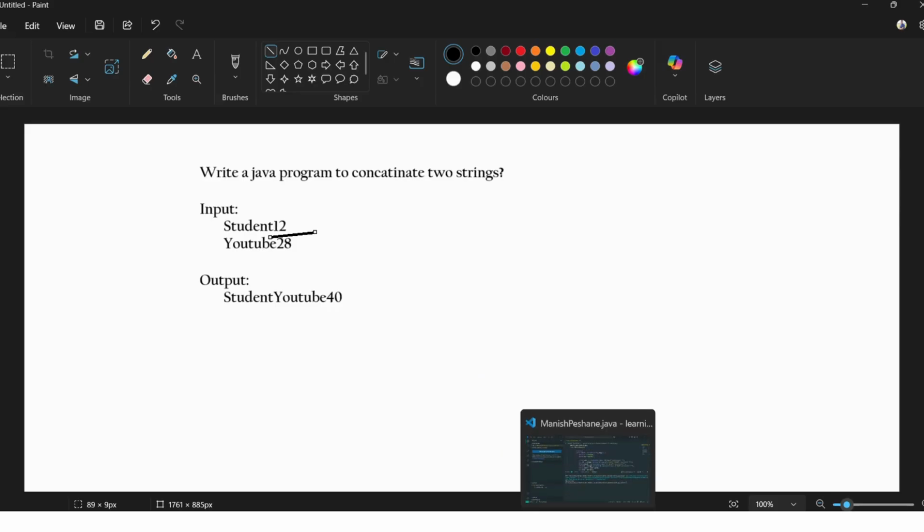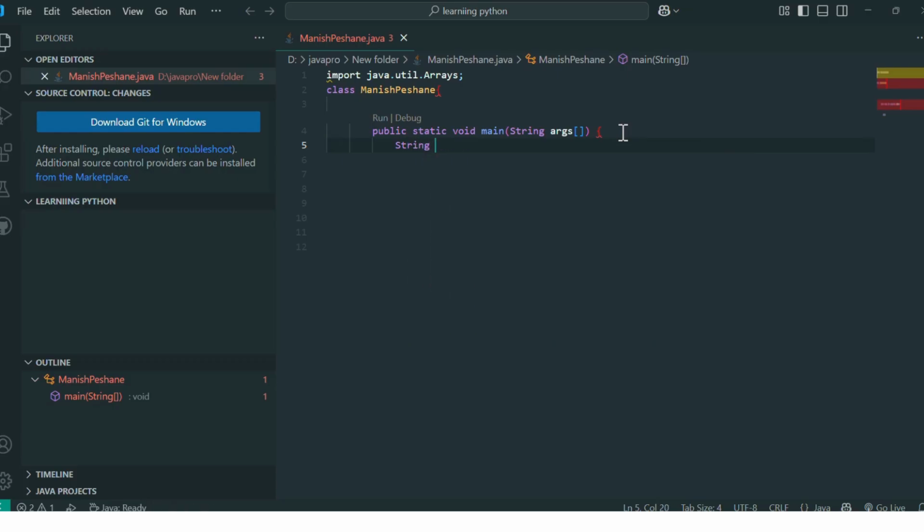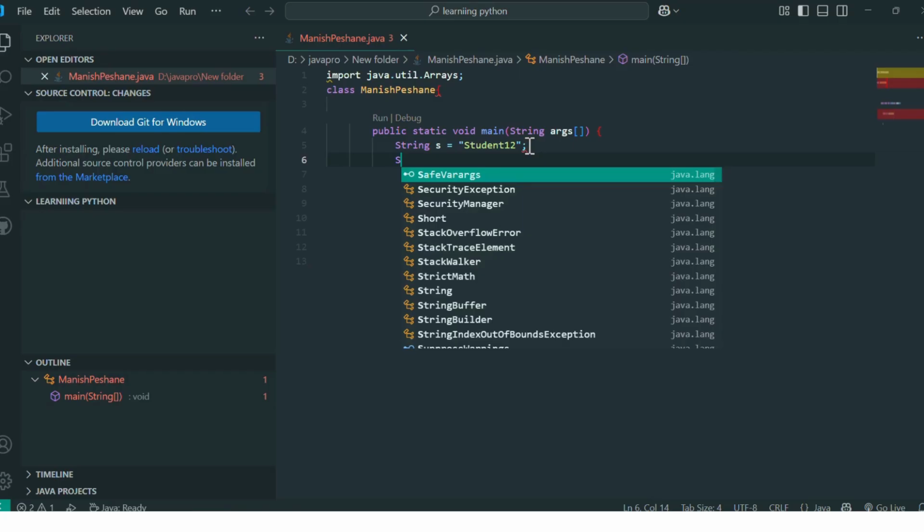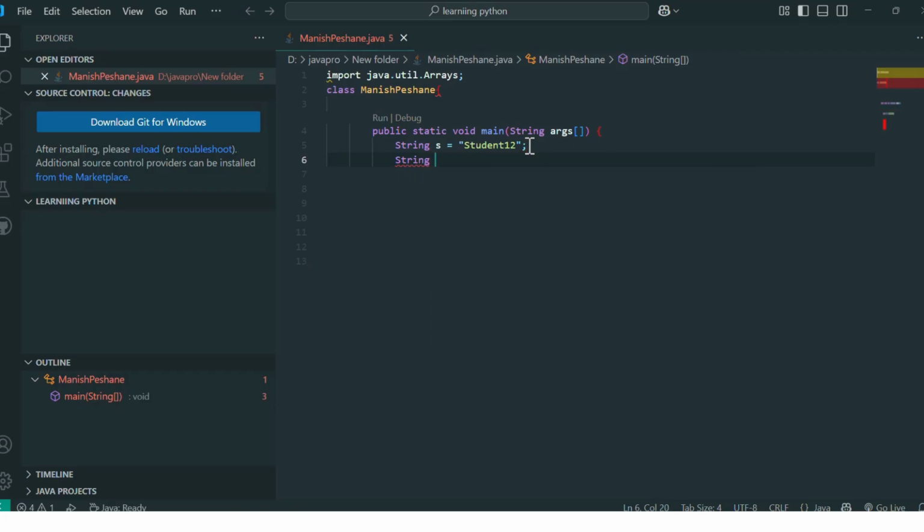I use VS Code to create a string variable, name as s. We write here student12. You can declare any name for the string.